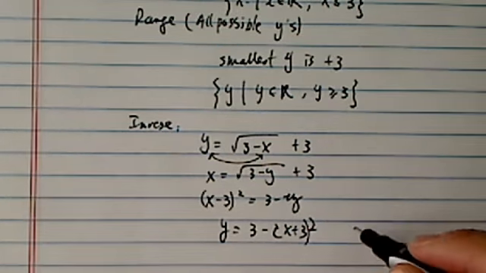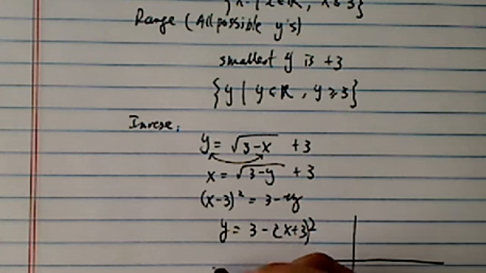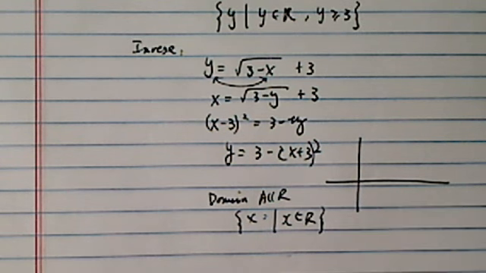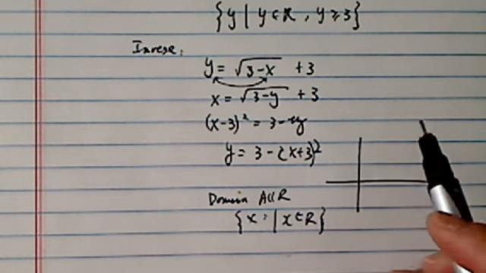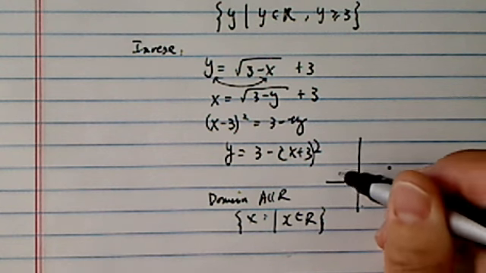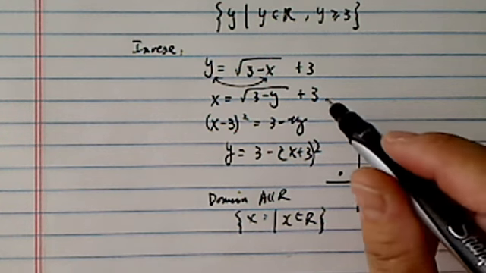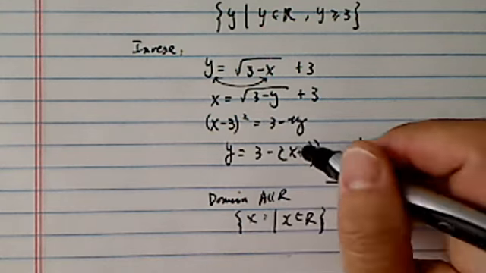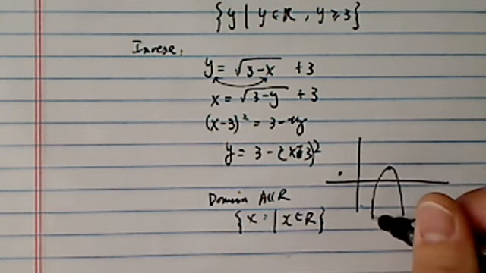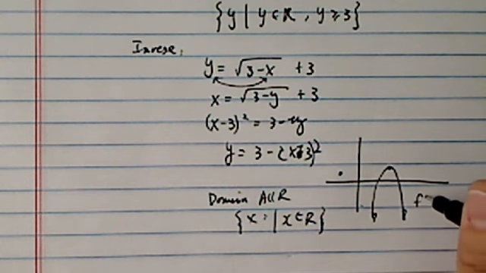Okay, so for this particular function, the domain is all real numbers. So let's write x such that x belongs to the real numbers. That's it. There's no restriction on x whatsoever. Notice the minus 3 over here. So for this particular one, the inverse function